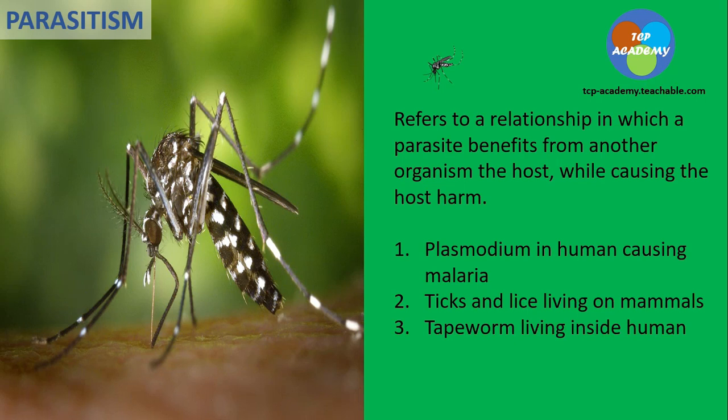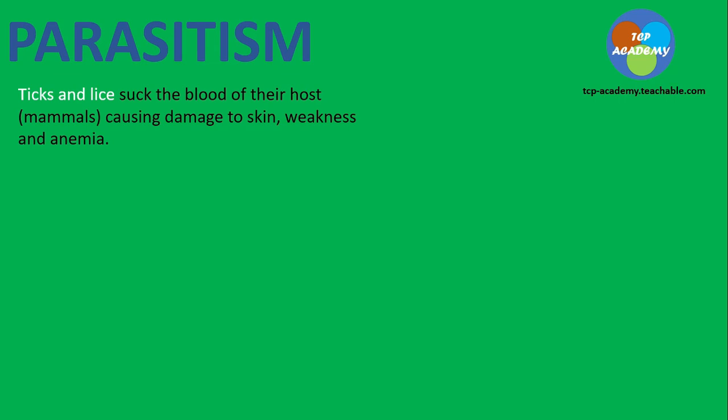A tapeworm living inside a human. Now that's an endoparasite, while the ticks and lice on a mammal, which could be a dog, a cattle, a human, etc., are pretty much ectoparasites. Love vine living on a plant is another parasitic relationship, and we're going to be looking at these individually to establish some more facts. Ticks and lice suck the blood from their host, and the host is usually a mammal,